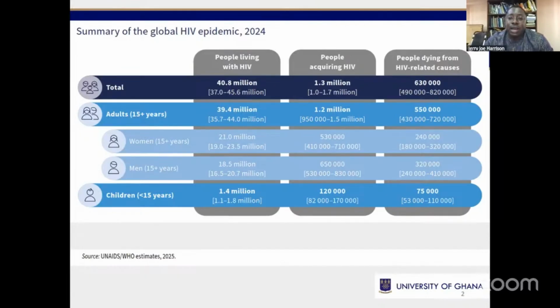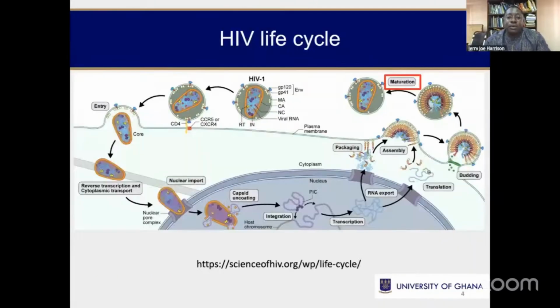And so that is where we started from. So we go back to review the life cycle of the virus and see where we could potentially target in terms of being able to develop new